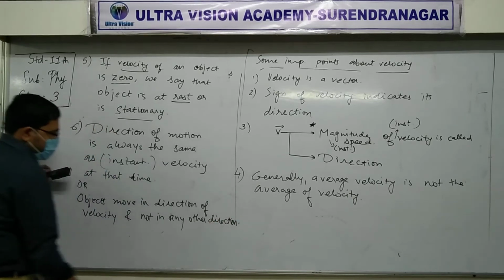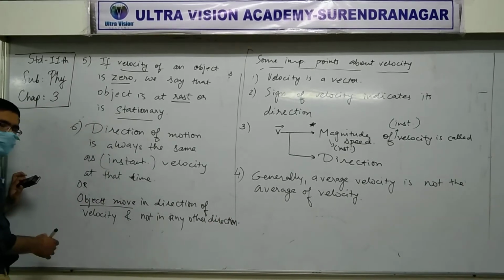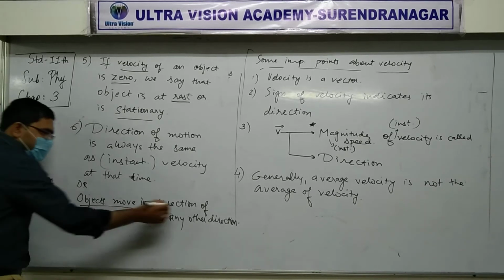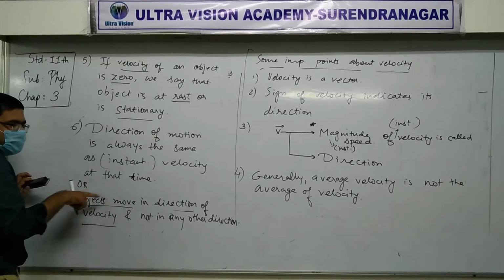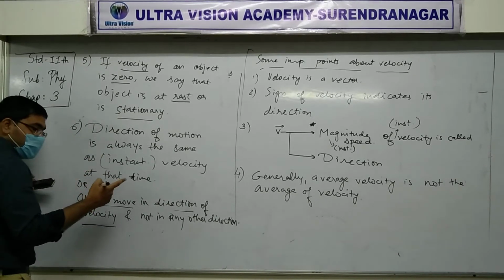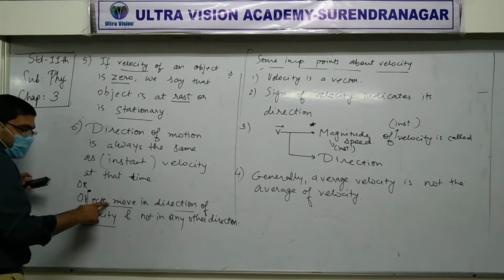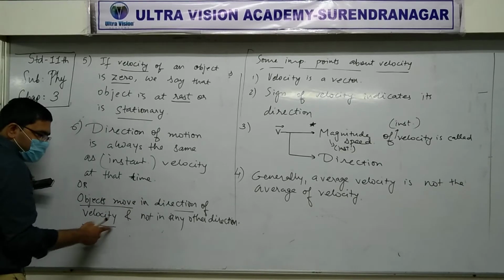So what this is telling you is that if you want to decide in which direction the object is moving, then you find out the direction of velocity. If you can find that direction, it means the object will move in that direction. Or vice versa. If you know in which direction the object is moving, then that automatically means you know the direction